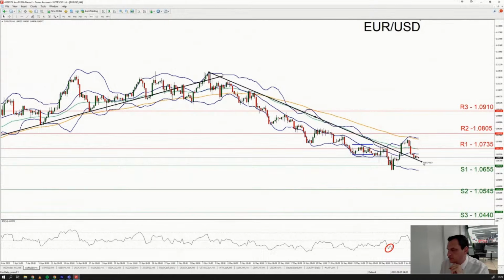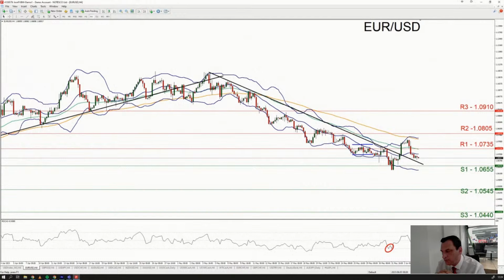Let me clear this. There you go. So we tend to maintain a bias or a sideways motion between the 1.0735 and the 1.0655. Please note that the RSI indicator is dropping below the reading of 50, and it's currently at 42.7. There may be a residue of a bearish sentiment. So should the US dollar strengthen,